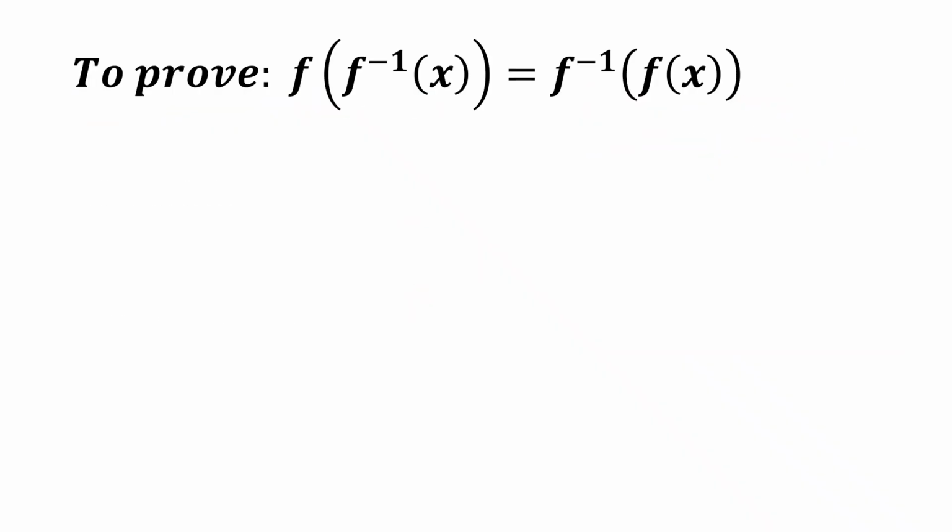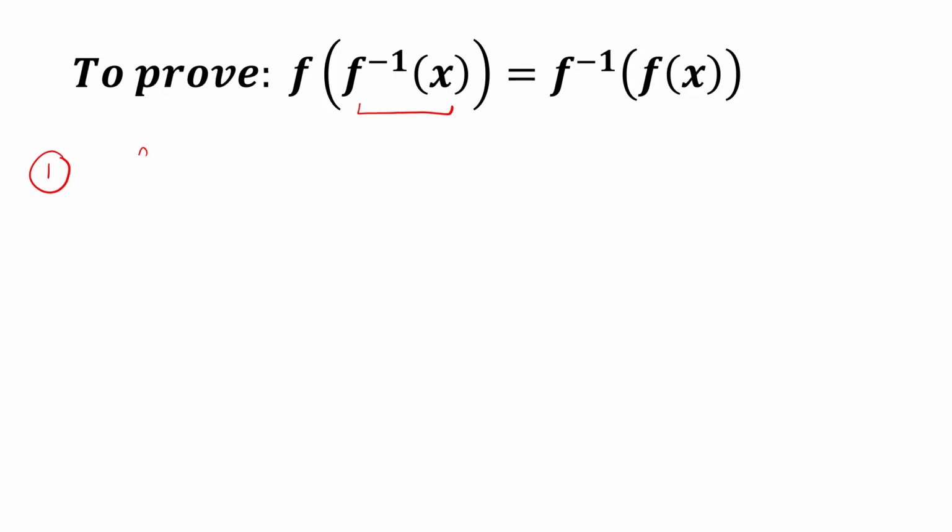Now we have to prove that the composition of a function and its inverse is symmetrical, meaning we get the same result. To prove this, we need to find the inverse of the function. So let's recall the steps for an inverse function. First step is